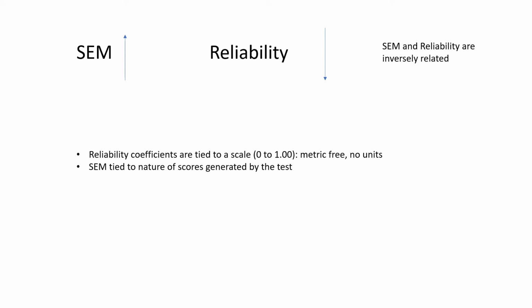So to state it simply, the continuum for the reliability coefficient has no unit of measurement. It is from 0 to 1, whereas the SEM is always in the same measurement unit as the scores around which the confidence bands are built.